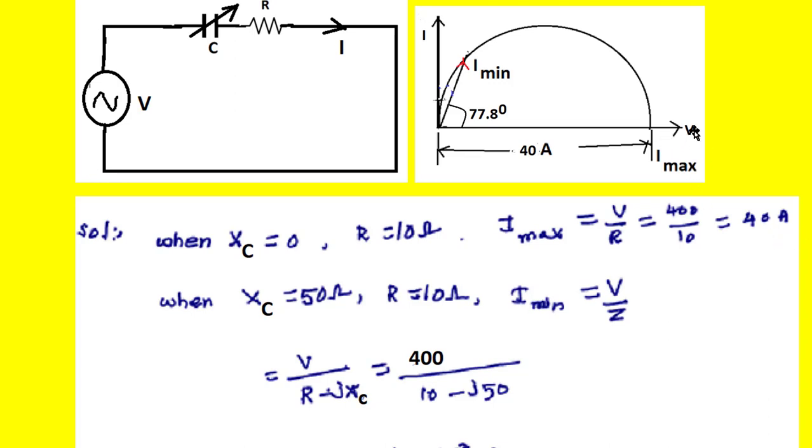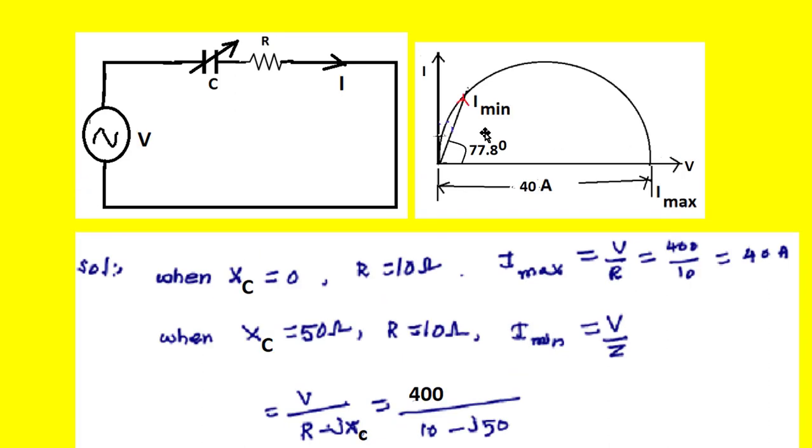So if you draw the voltage vector like this and the current vector is 40 amperes, because it is a pure resistor, we draw that in phase with the voltage vector like this. That too is I maximum. Then, because it is a variable element, the capacitor is varying, so definitely we get a semicircle which ends on the voltage vector itself like this. That is when XC becomes infinity, no current flows. So it becomes like this.